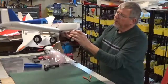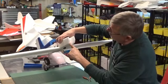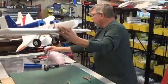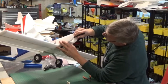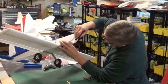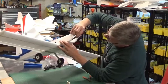All right, then you're going to mark. You can see where I've marked the top of this landing gear. I put a line up here, and what I'm going to do, I'm actually going to take my knife and cut under that line about a 1/4 inch deep all the way across, then up from the bottom a 1/4 inch deep all the way to that line,